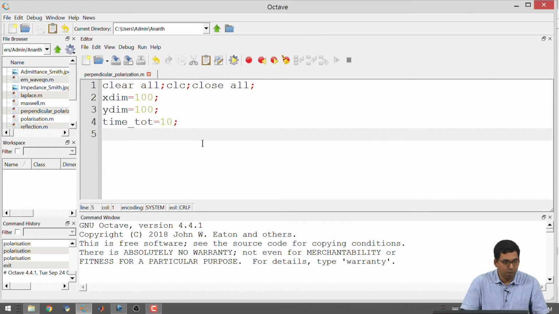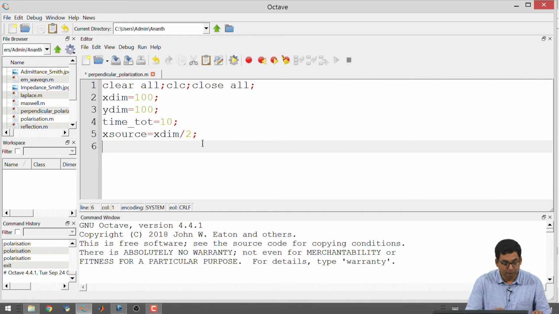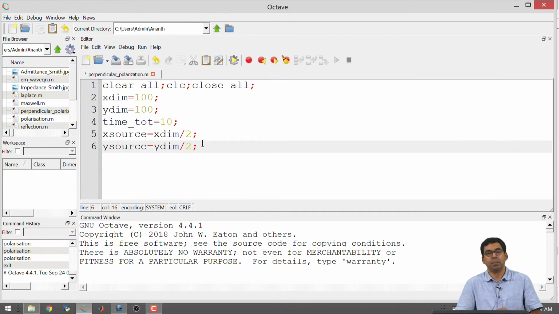Okay. So, now what I am going to do is I am going to make it a little bit more generic. So, I am going to say the x position of the source. So, I am saying that it will be right in the middle. In future, if I want to change the position of the source, I will alter these variables. That is, I won't go to the main part of the program, I will just alter these variables. So, here x source corresponds to a single point in the x direction and y source corresponds to a single point in the y direction.